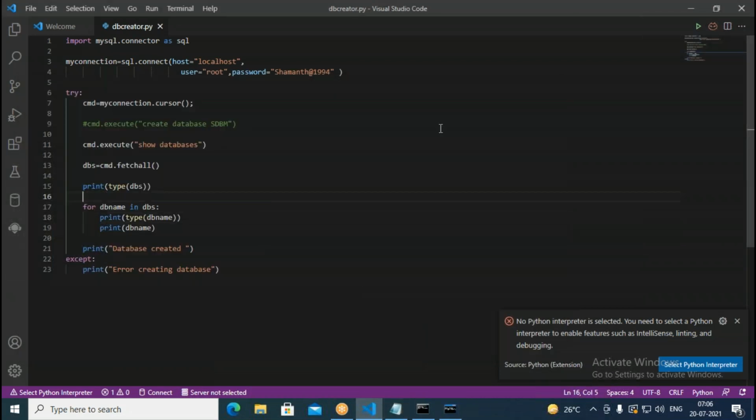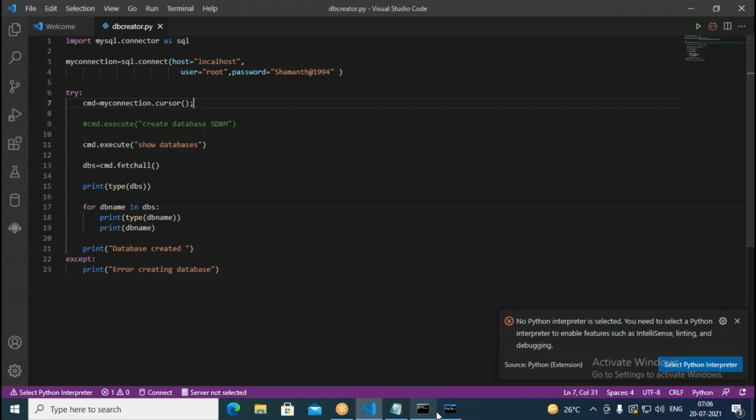We use MySQL connector. With the help of connector, we get connected to database. Okay, so once it is connected, it's called a connection. My connection is nothing but a connection object. You can think like that. So using connection object, we get connected to database. So once connection is available, you can invoke commands using command. So CMD is nothing but a command object. To open a connection, what we do here, myConnection.cursor. Once we create a command object using connection object, using command object, we can give commands here.